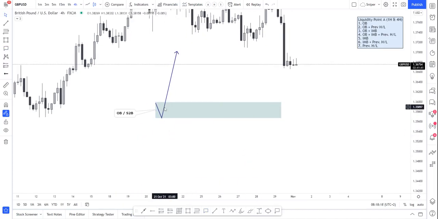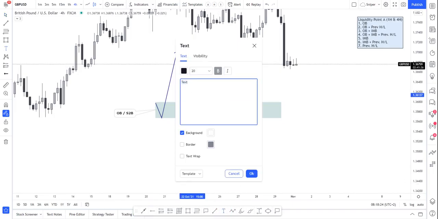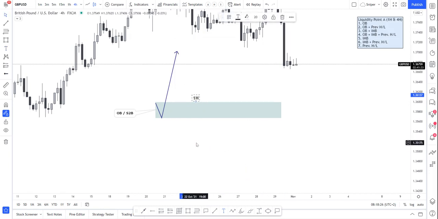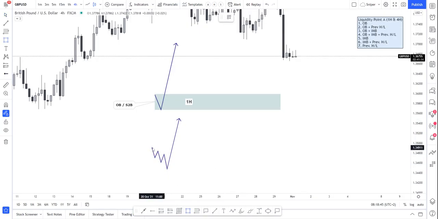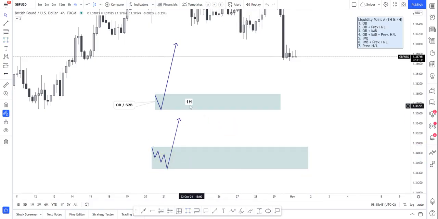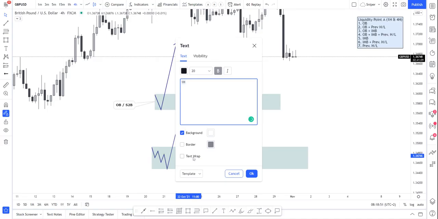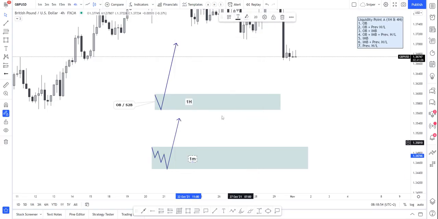And on the lower time frame, let's say this is the 1 hour, we can take a note there and say that this is our 1H time frame. Then perhaps on the lower time frames, you would see a series of down candles. You would see a move down, another move down, another strong move down, and then a big move up. Those series of down candles, with this up movement, is the wick, that will be your order block on the lower time frame. Let's say this is perhaps the 3-minute time frame, or the 1 minute, or let's say the 1 minute time frame. And then that will also be your